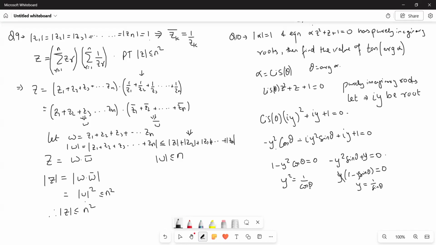But y squared is 1 by cos squared theta, तो यहाँ पे square करके we get 1 by cos theta is 1 by sin squared theta। अब इसको सिंप्लीफाई कर लो, क्रॉस मल्टीप्लाई किया तो sin squared theta हो जाएगा 1 minus cos squared theta minus cos theta is equal to 0, which is a quadratic in cos, cos squared theta plus cos theta minus 1 is equal to 0।